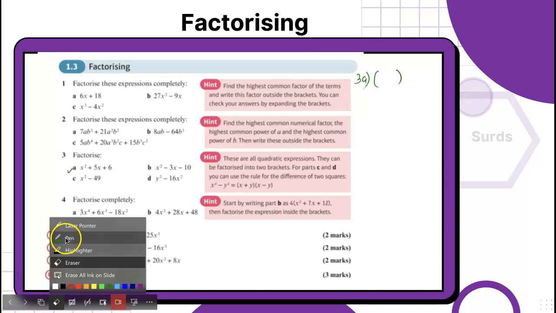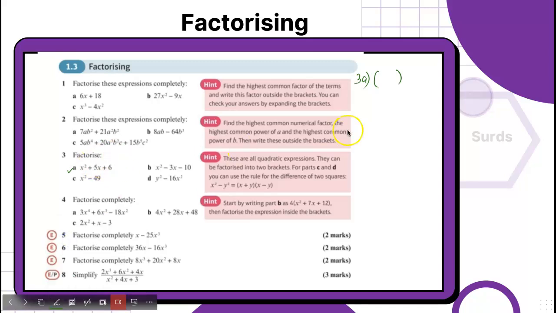So the factors of 6 are 1 and 6 and 3 and 2. Obviously 1 and 6 will add up to make 7, not 5. So that is not working here. x plus 3 and x plus 2.